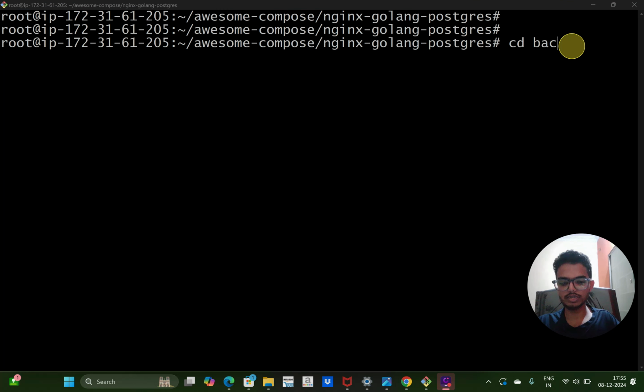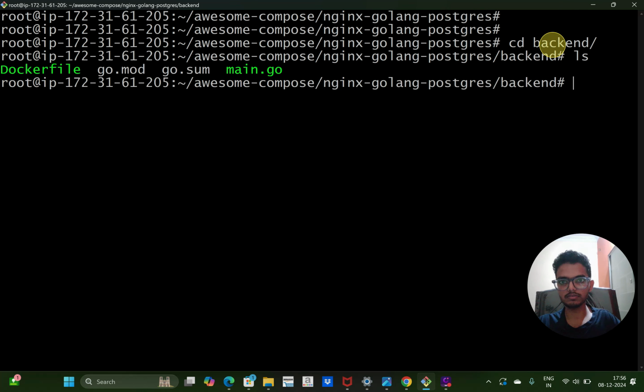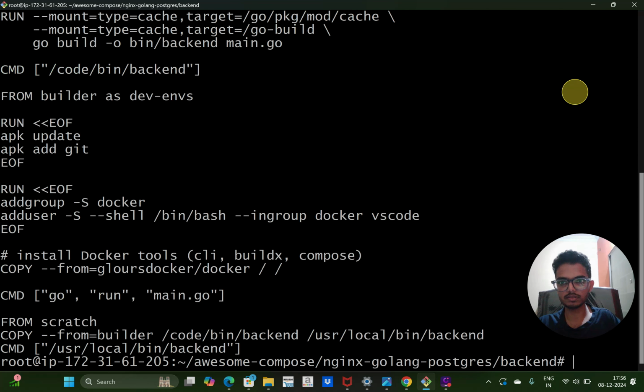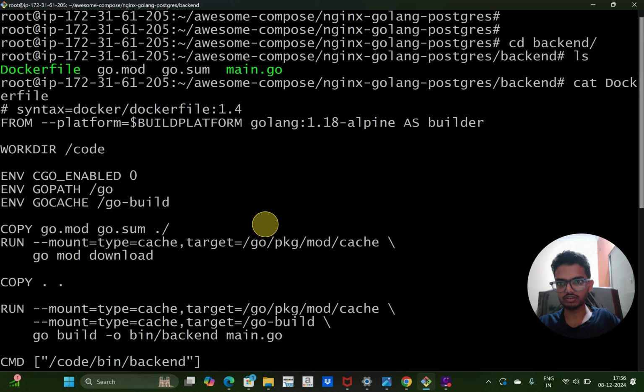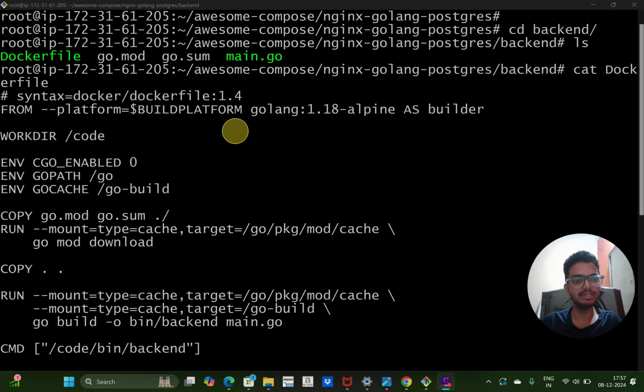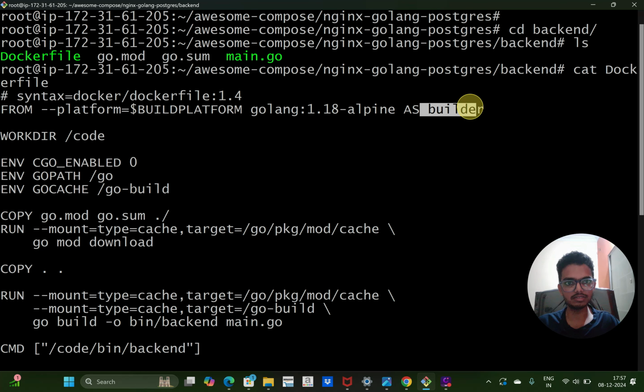If I go inside the backend directory, cd backend, I'll have the Dockerfile. So this is the Dockerfile which we need to build. If I cat Dockerfile, these are the instructions. A Dockerfile can consist of multiple builds. So here the build is named builder. So I'm going to use this builder build.